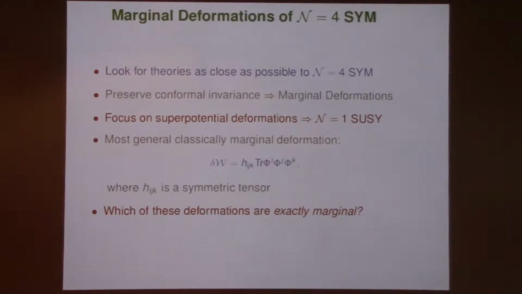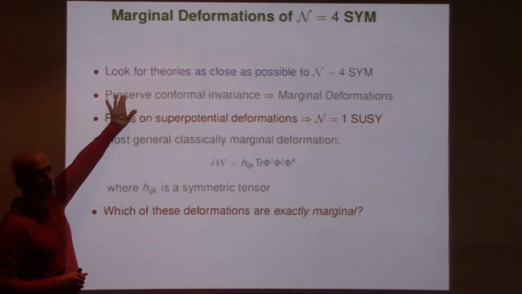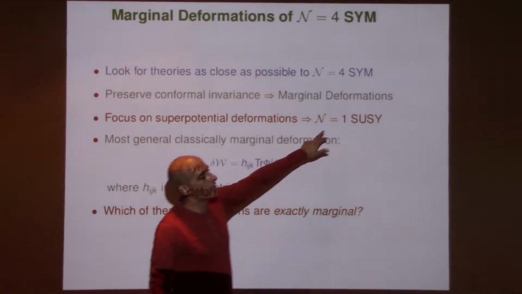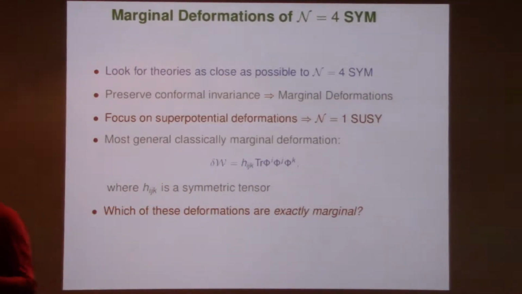Okay. So that was just to emphasize somehow how important integrability has been in all of this notion. Now what I'm going to do is look for theories as close as possible to N=4 which preserve conformal invariance. So these are going to be marginal deformations. And also I wanted to preserve N=1 supersymmetry, and that actually restricts me to theories that I can get by